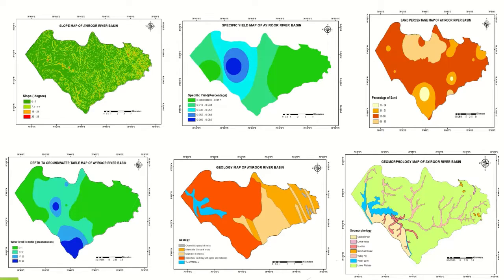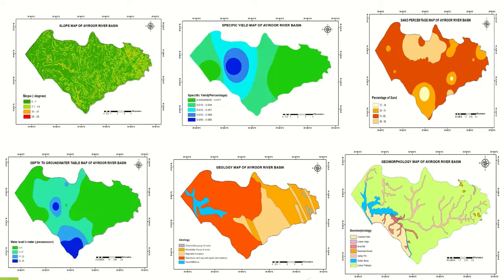These are the maps developed by using SALDIT parameters. In the case of the slope map, the major part of the area is under low slope, that is 0 to 7 degrees. It indicates that the river basin is more or less flat terrain. Very few areas are under steeper slope. In the case of specific yield, it is comparatively low except in one area. In the case of the sand percentage map, the majority of the study area lies under the 51 to